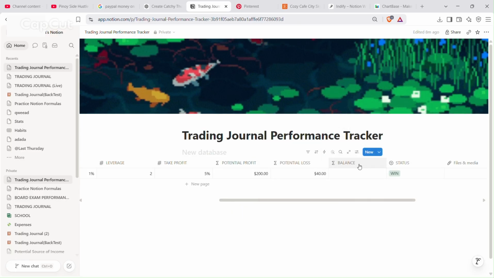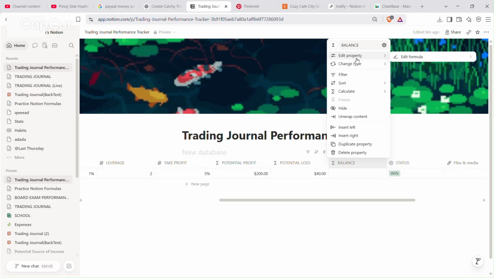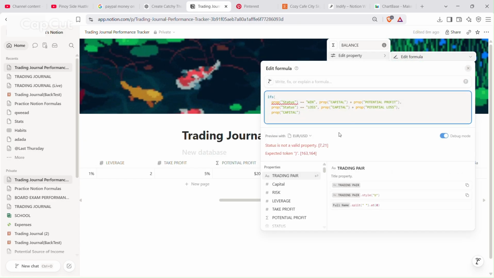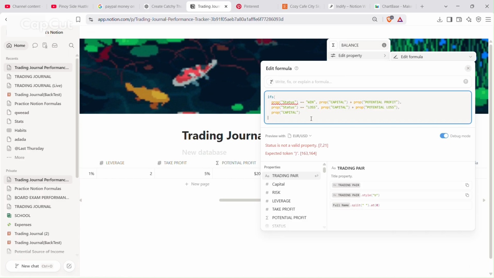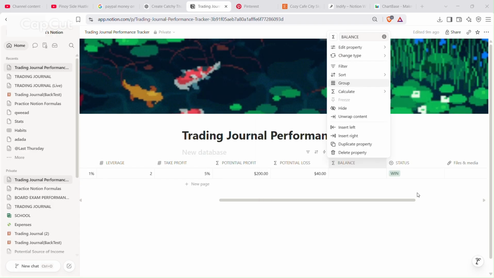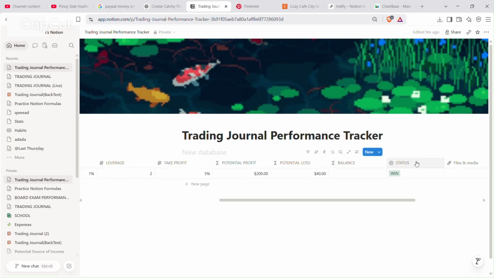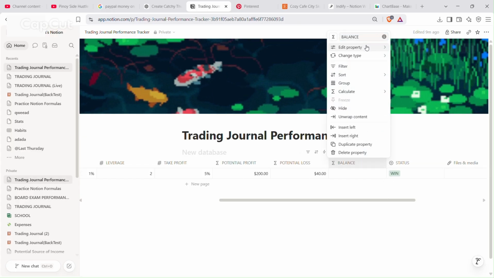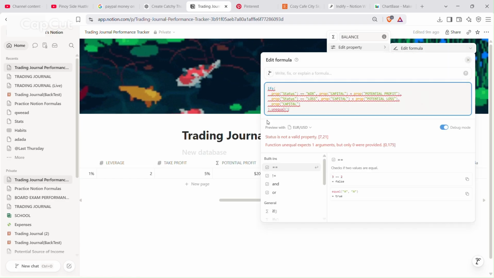So let us configure that again. Then let us debug here. I think we need to add here this parenthesis, and then capital, win or lose, potential profit, potential loss. I think the problem here is that the name of the status property is capitalized, and we put here a small one.